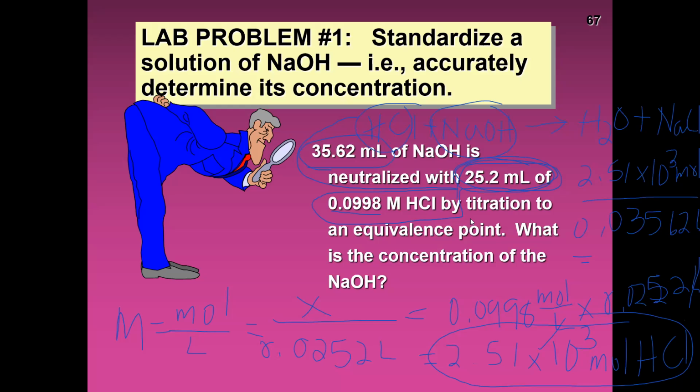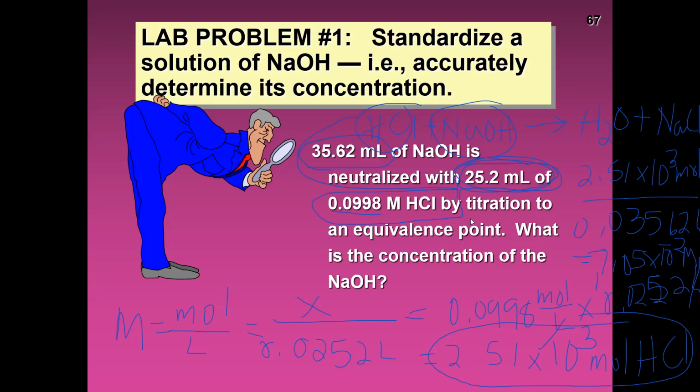That's how you calculate the molarity. If you know the number of moles, you can divide it by the volume that they gave you, the one they used, and you can get the concentration, very accurately, by the way. So it's 2.51 EE to the -3 divided by 0.03562. And the answer for that is 7.05 times 10 to the -2 molar